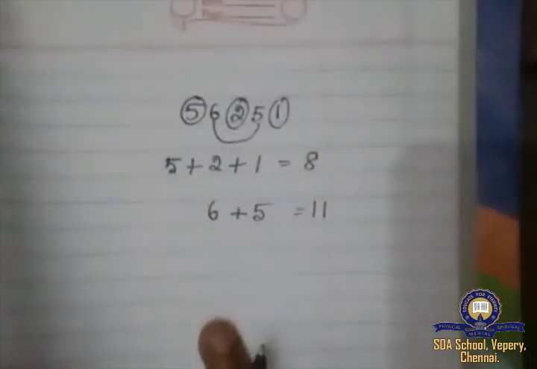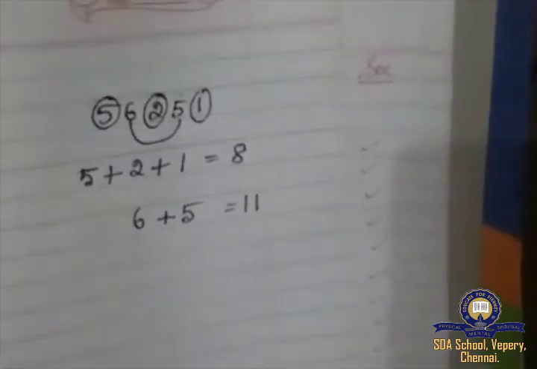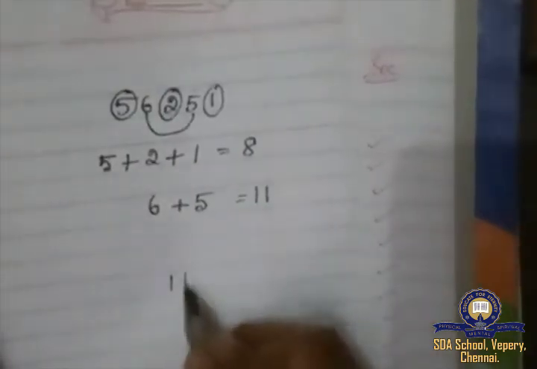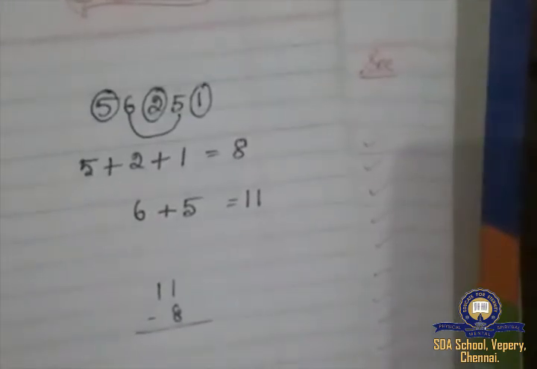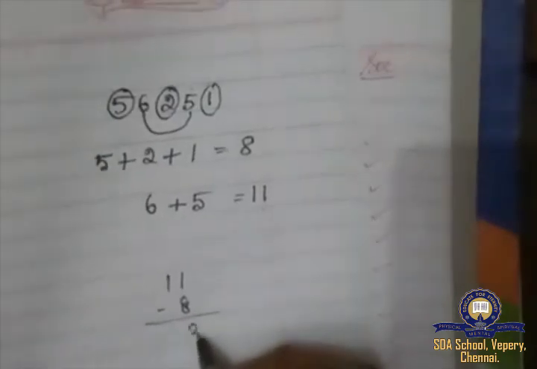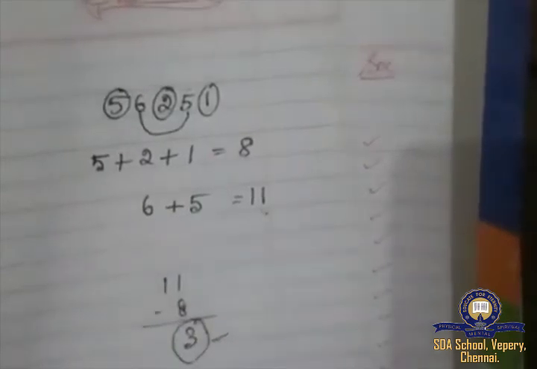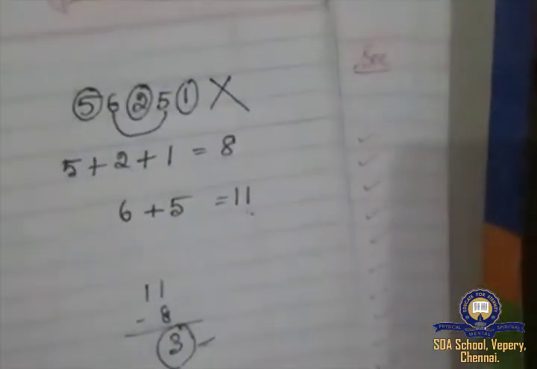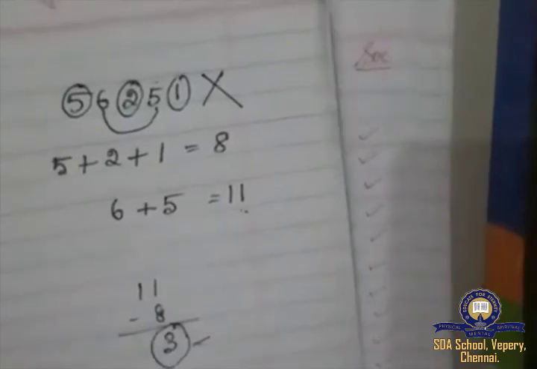Now we have to subtract. Normally how will we subtract? We subtract the smaller number from the bigger number. So what is the answer? 11 minus 8 is of course 3. Will you get this number 3 in the 11 table? No. So this number is not divisible by 11. What did they say? Either it should be 0 or a multiple of 11. So this is not. Okay, next we'll take